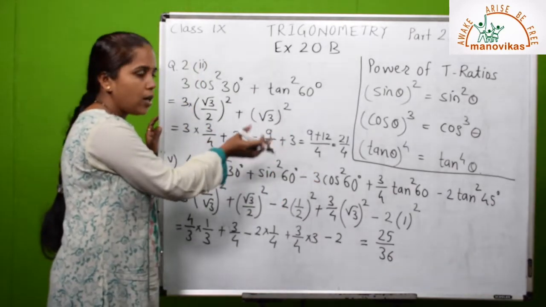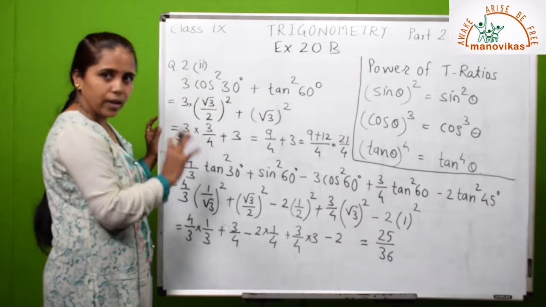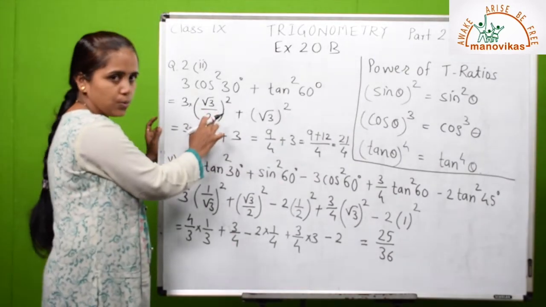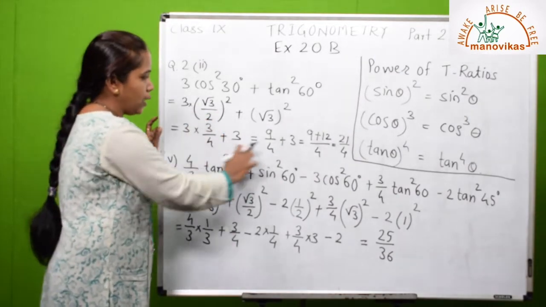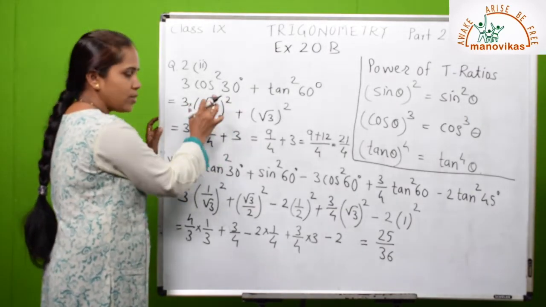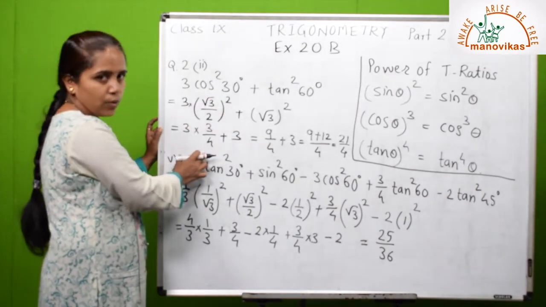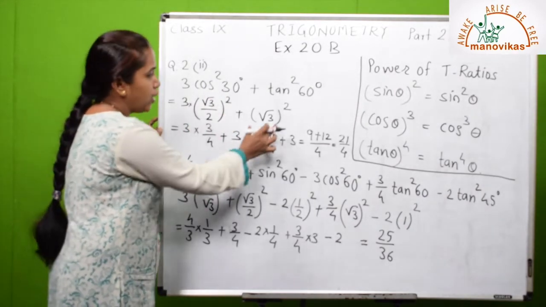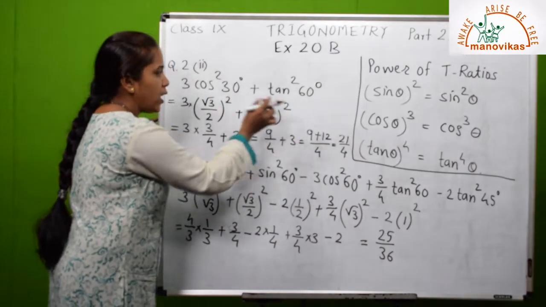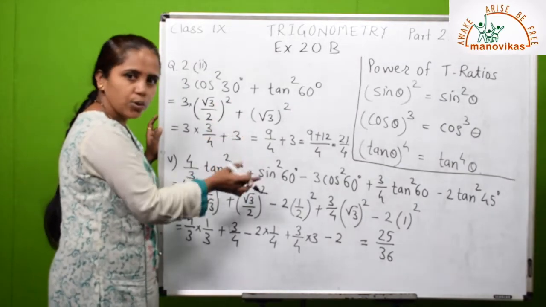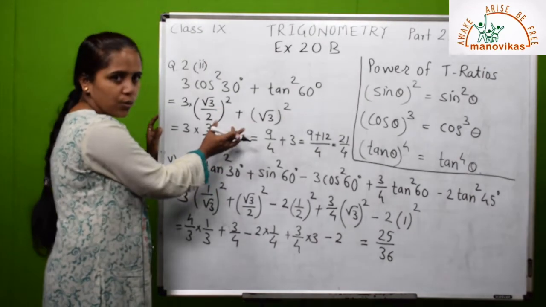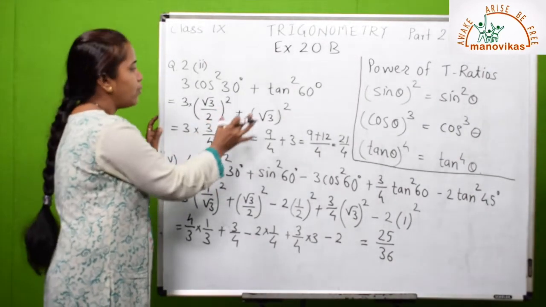If you get the wrong answer without writing anything, you will not come to know where you went wrong if you don't substitute the values properly. Don't do the calculation directly. Like instead of substituting root 3 by 2 square, instead of writing this, you write 3 by 4 here, and root 3 square, directly don't write it as 3. First write root 3 square. If you write 1 upon 3 instead of 1 upon root 3, it goes wrong. So if you write directly 1 upon 3, it means you made the mistake here. So you will come to know where you went wrong.